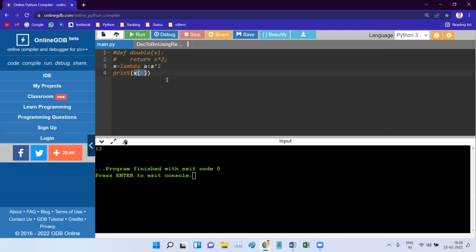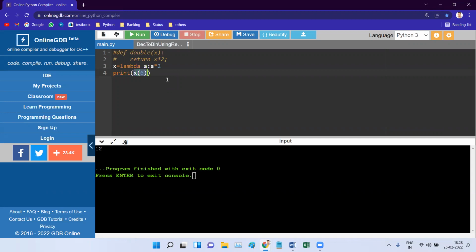So where is this lambda function used? First and foremost, it is used when the function's code is only one line or two lines at most. Sometimes it is also useful when you might be analyzing different Python programs of different applications. They will be using this keyword lambda. When you see the keyword lambda, you won't understand what it is. But when you learn about it, you will understand that lambda is the same as a function, but with no name. Simple. So that is what we have about lambda function.